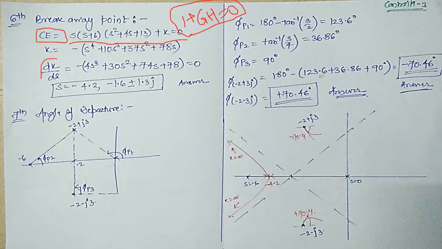Then you need to differentiate it once. If you differentiate the given equation, you will end up with a third order equation. So that means 3 different roots will come in this case, which are minus 4.2 and then minus 1.6 and plus minus 1.3j. So let us not consider this complex value at this moment, because I am only interested in the real values. So this minus 4.2 obviously lies on the root locus, which exists from 0 to minus 6. So this is called the breakaway point.